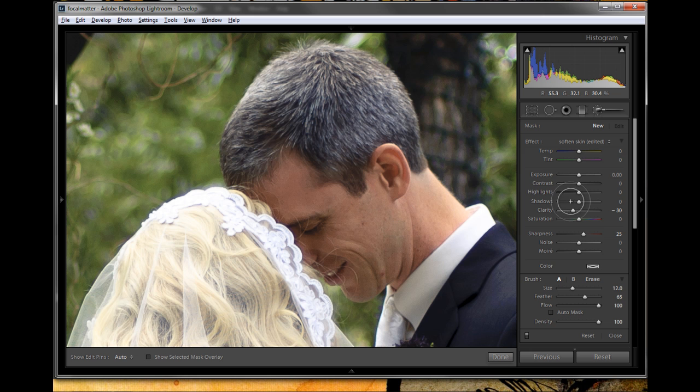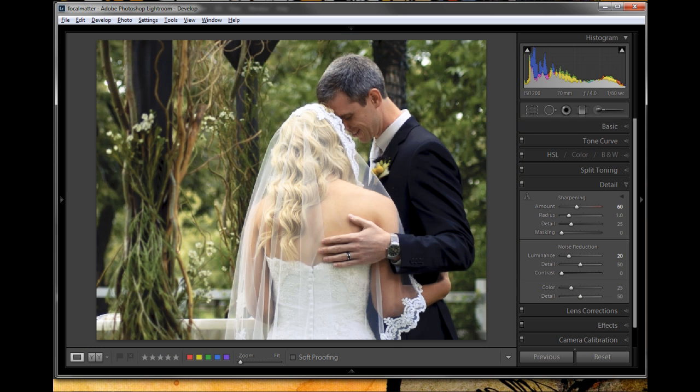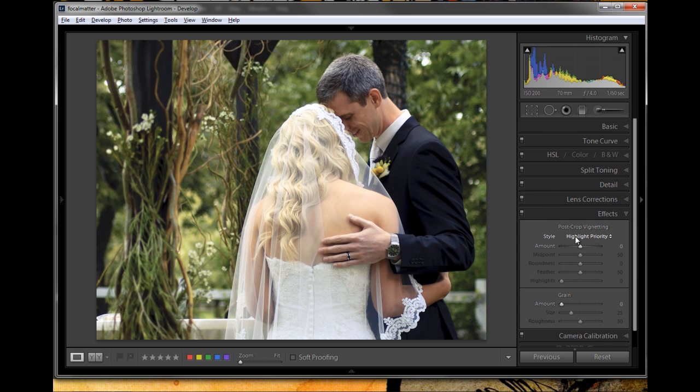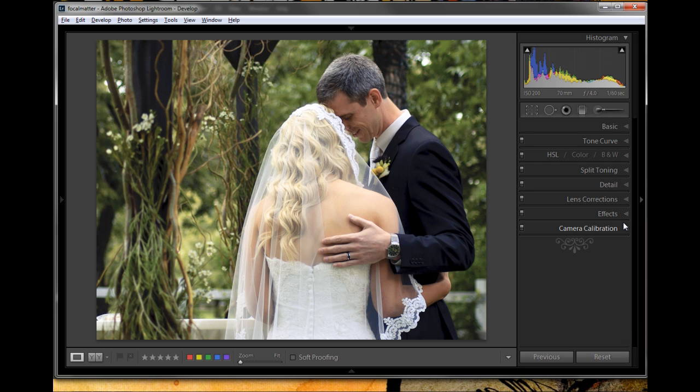Just to kind of smooth that out. Let's see. There, nice and subtle. Alright, so I like the detail. I might sharpen some areas individually, but for the overall, I think the detail is good. I'm not going to do the vignetting. That I'm going to do in Photoshop because I want the vignetting to be very subtle and I want it